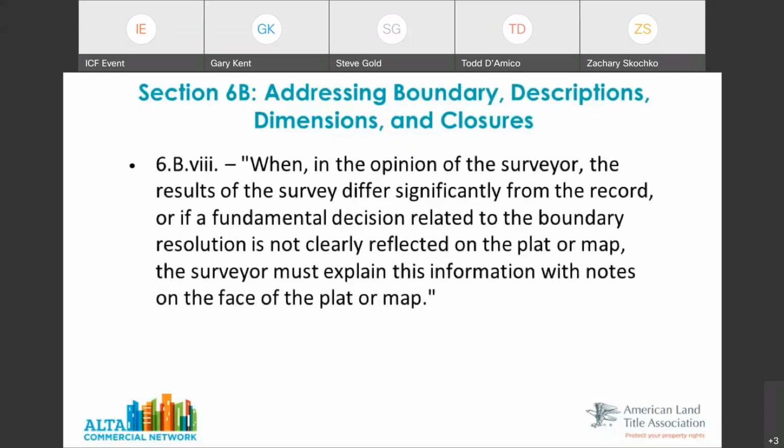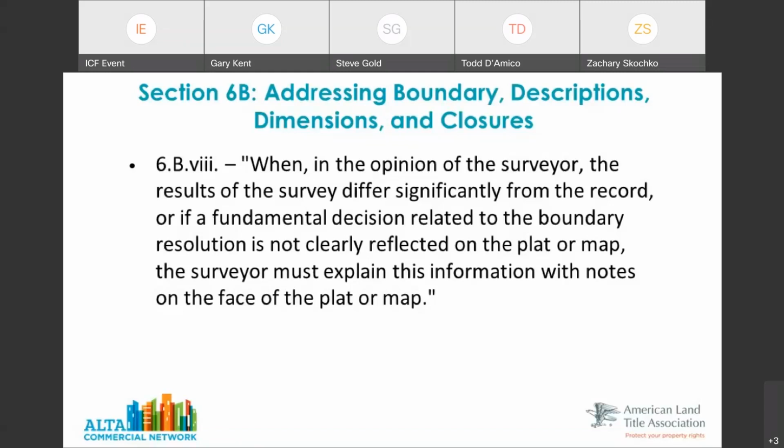That's right. On 6B8, this is just kind of a catch-all. If I do a survey and for some reason there's a course that says it's 230 feet long, but in the process of doing the survey, I conclude that it's actually not 230 feet, it's 285 feet, right? It's 55 feet longer than what the record says.